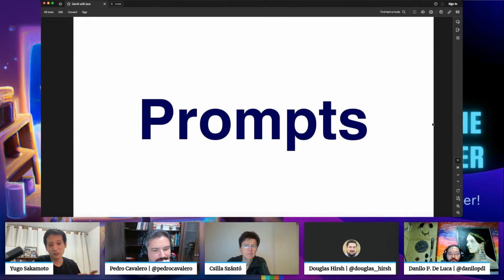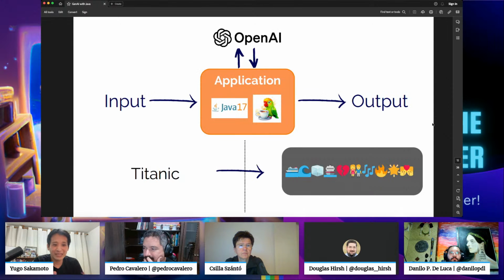So I already showed you an example of a prompt, the input asking for the hello world. It is a prompt, but we can actually go further with prompts. You can add more context or more instructions to the model so it can generate more specific output, depending on the prompt that we send.